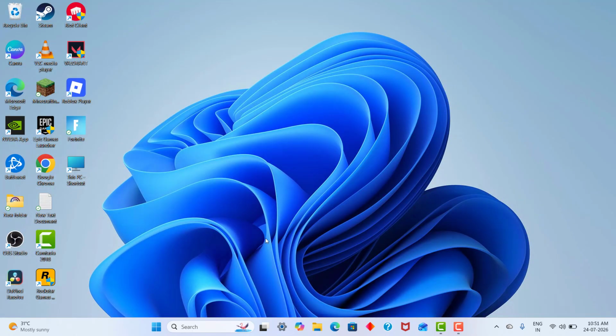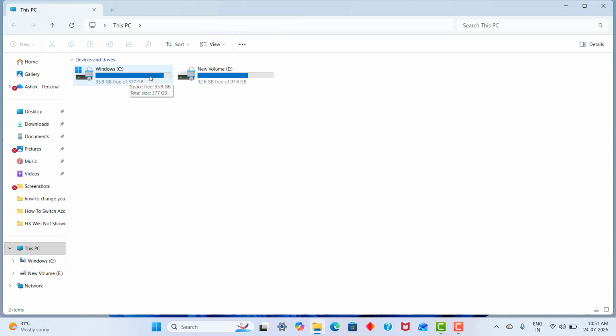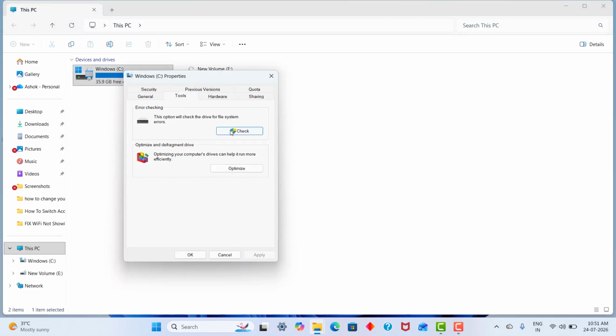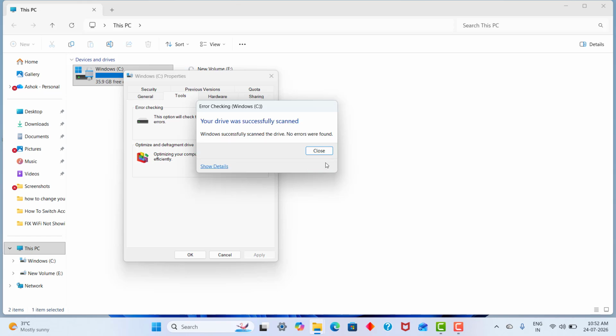Once removing is done, come back and for the next step, open up This PC. Make sure your C drive has enough memory space. Right click it, click properties, click tools, click check and scan the drive. Essentially scanning the C drive. Once complete, it will throw up the message successfully scanned, no errors were found. Close it